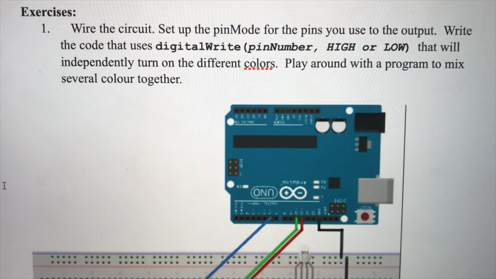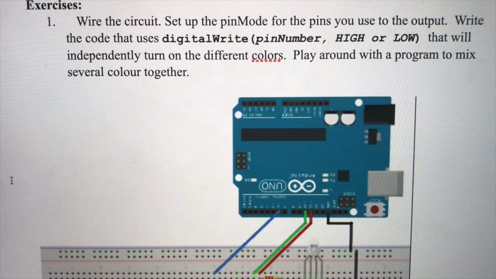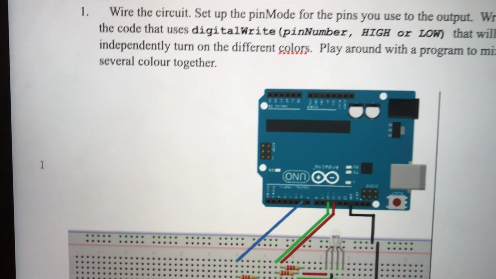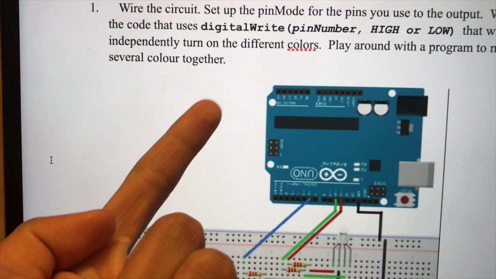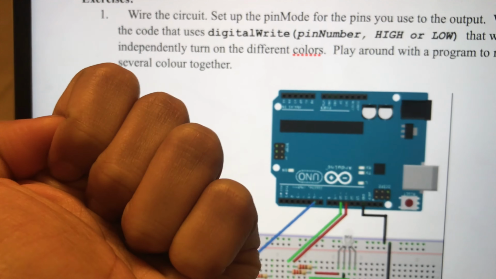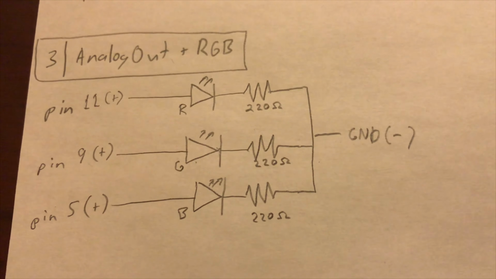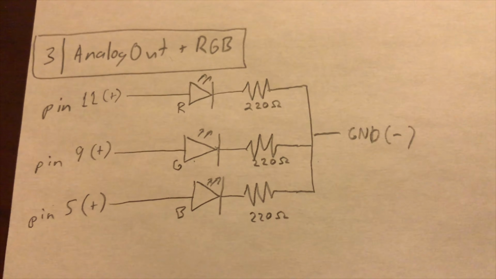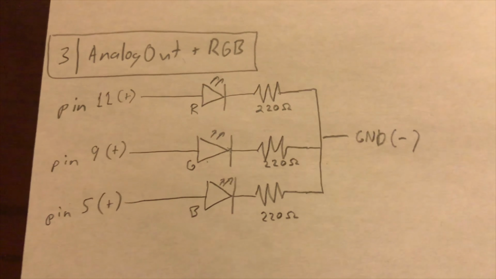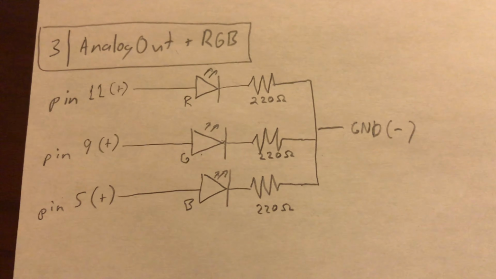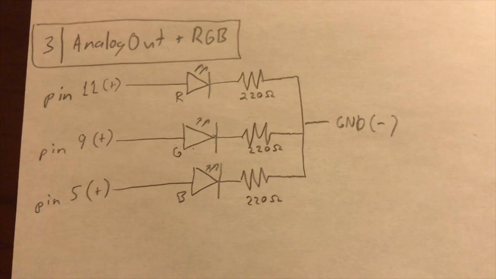Question 1 wants us to wire a circuit so that the RGB will flash red, then green, then blue. Before I start wiring the Arduino or programming or anything like that, I always start with a schematic because it helps you plan out what you want to do. So basically,